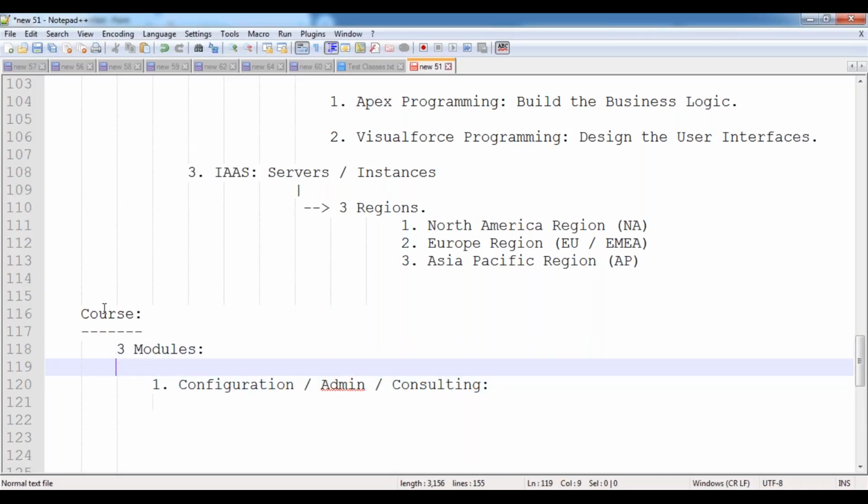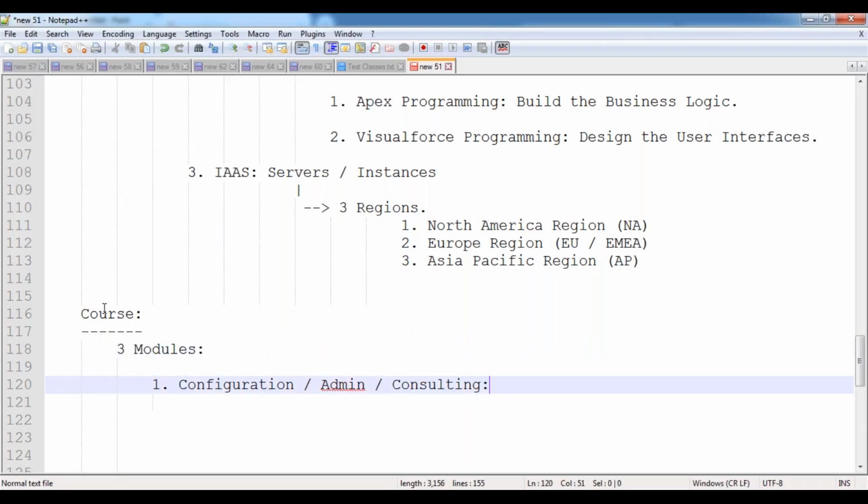That means what? Configuration, in the sense of purely using mouse pointers, without writing any code, without using any programming languages, without writing any business logic, just by using some mouse clicks, how to develop the applications. Don't expect installations, patch updates like a network administrator, not like that. How to develop the application without writing any code, without using any programming languages. This part we are going to be discussing as part of configuration.